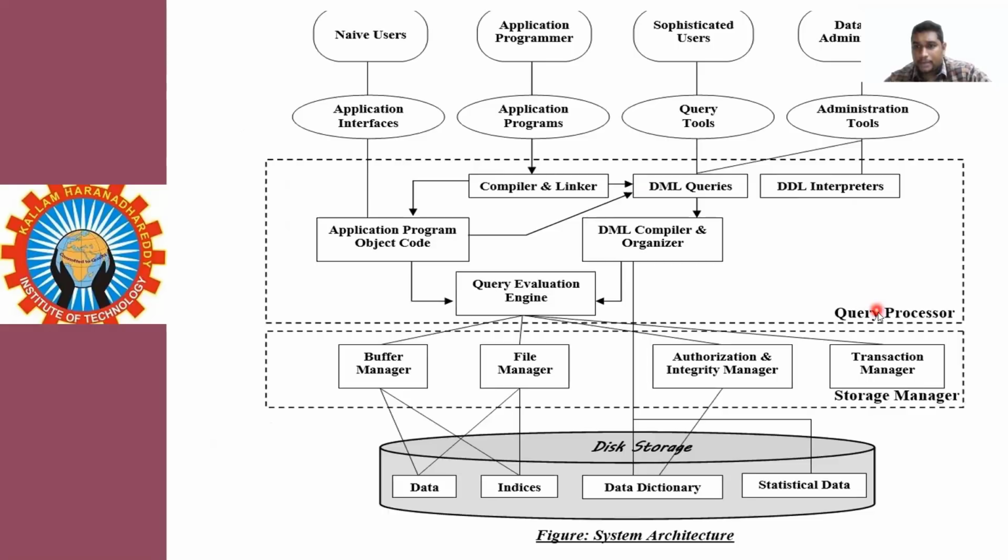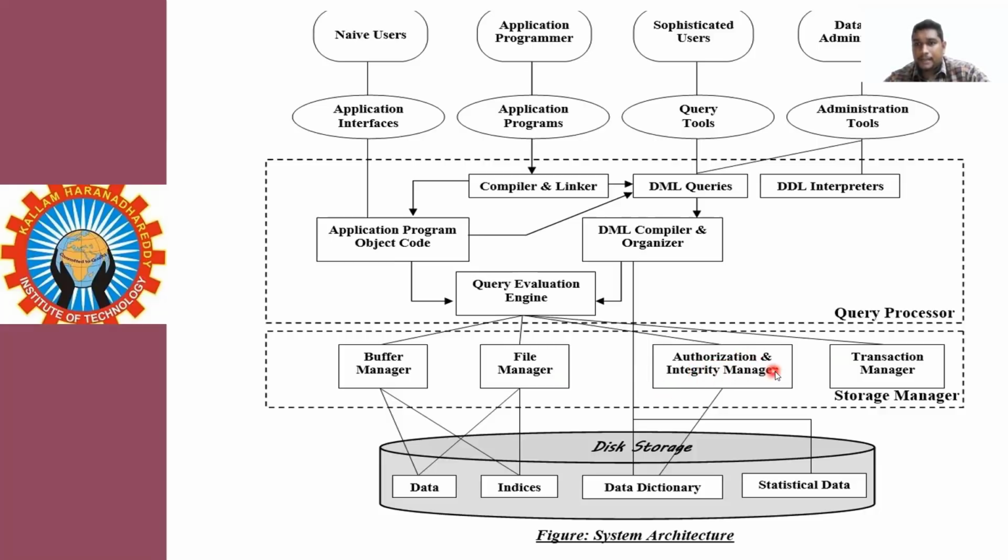The task was done by the query processor, which is maintained by the storage manager. Okay, so clear. We have four important components in the storage manager. After the evaluation engine, the result is given to the user. By performing the result, we have four important components called the transaction manager, authorization and integrity manager, file manager, and buffer manager. So first we go to the